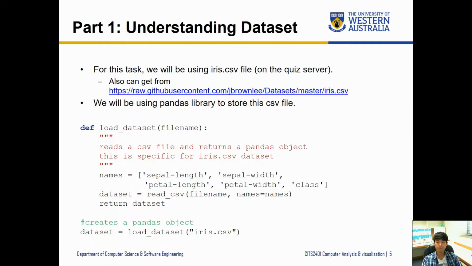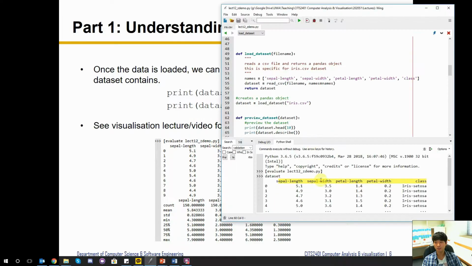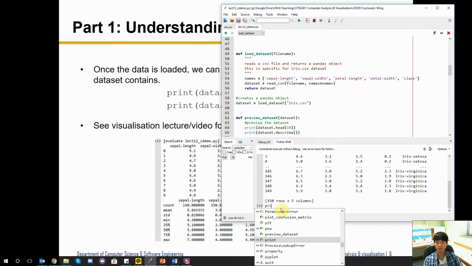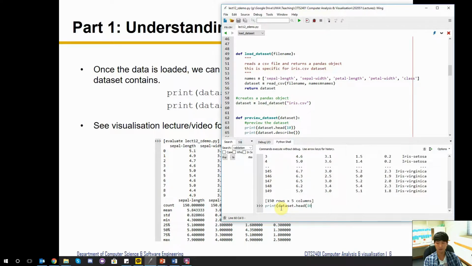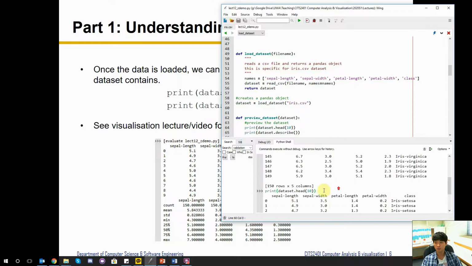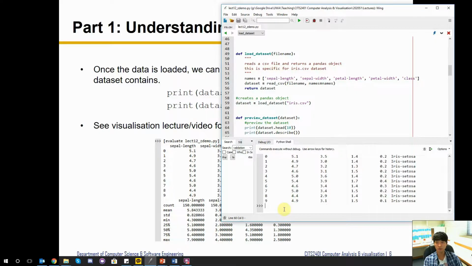Okay, so that's straightforward. Now we can have a look at what is actually inside and try to understand better what kind of data set we're dealing with. So we can look at the head as well. Print dataset.head, say first 10 rows. It's going to show us 10 rows, and basically they are just numbers, but just to double check that they are actually numbers, we can go